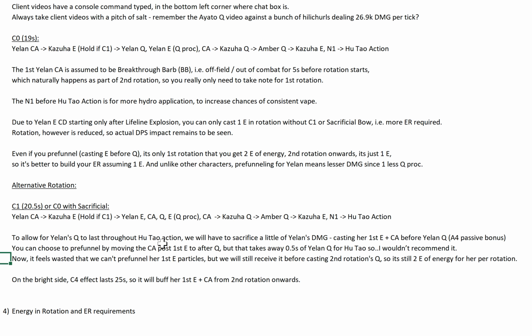It feels wasted that we can't pre-funnel her first E particle since it's so near, right? But if you think about it, you will still receive it before casting your second rotation Q. So it's still 2E of energy for her. For every time you cast your Q, you will get 2E of energy in return in this rotation. So it's not an issue. You don't really need to pre-funnel. That's what I'm trying to say here. You can choose to do so, but you do sacrifice some amount of time here for Hu Tao. Of course, 0.5 seconds may or may not make a difference, but I personally would rather align the buff duration